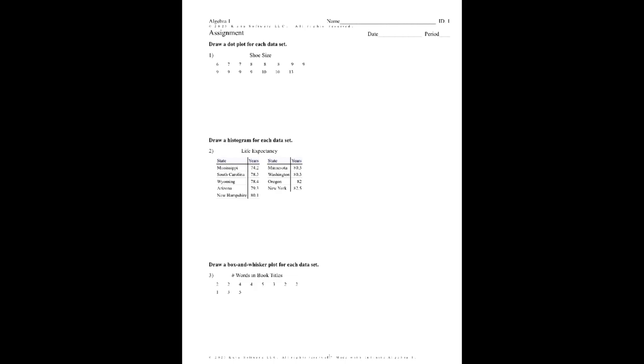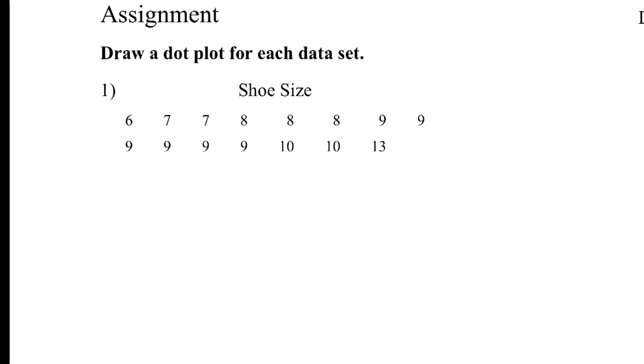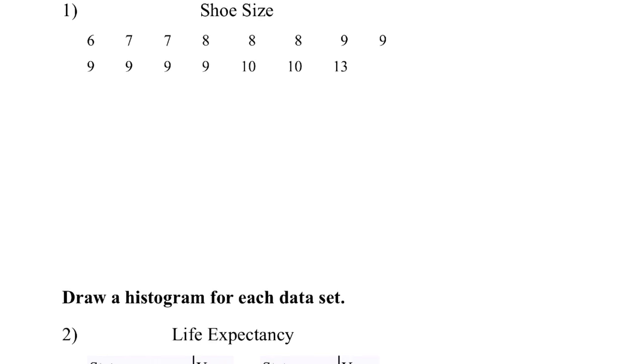In this video, I'm going to be going over questions that are similar to those questions that students will see in the Module 5 DBA. This first one asks us to draw a dot plot for the data set. So a dot plot just takes the data and counts up how many of each kind, or you can make bins as well, but I'm just going to make a dot plot here where we go